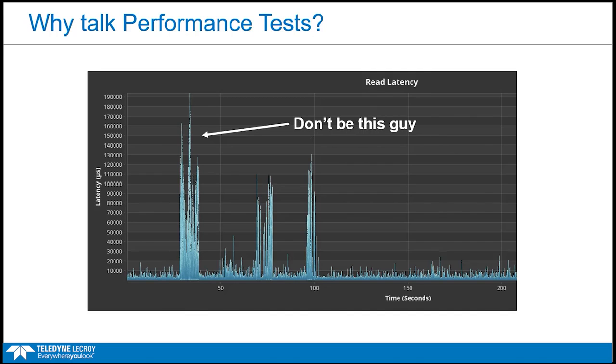So while you will certainly want to do your standard performance tests, you also will want to validate your performance under instances of large trims, under instances of admin commands, under instances of MI commands, just to ensure that your drive maintains the type of performance no matter the conditions. And we're going to show you today how to do that.